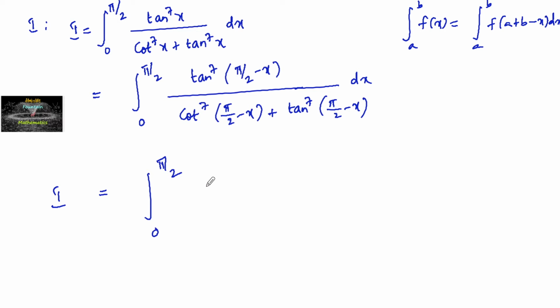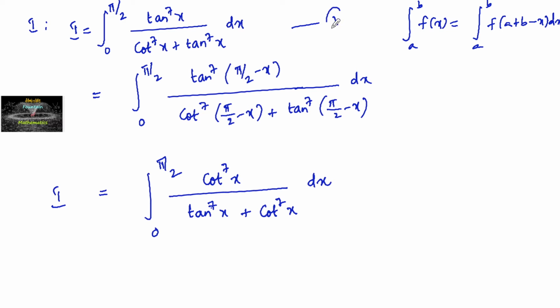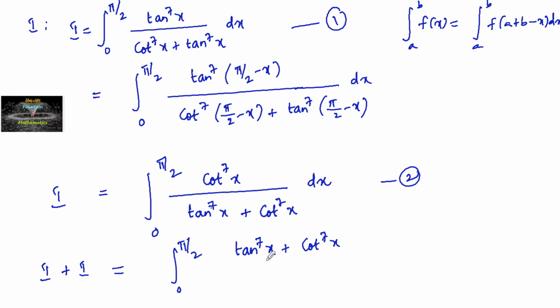So tan power 7 becomes cot power 7 x divided by tan power 7 x plus cot power 7 x dx. Say this is 1 and this is 2. Adding 1 and 2, I plus I is equal to integral 0 to pi by 2. Since the denominators are the same, we can write tan power 7x plus cot power 7x upon tan power 7x plus cot power 7x